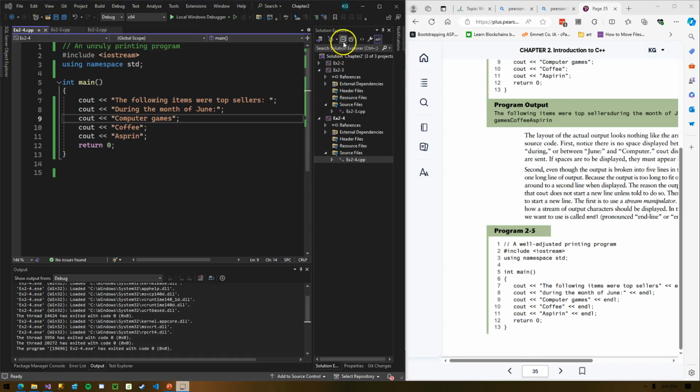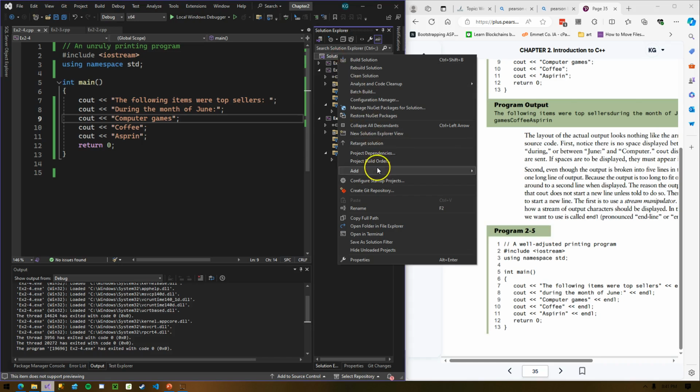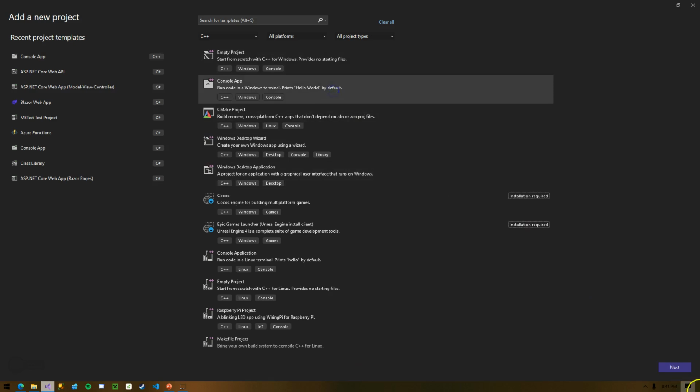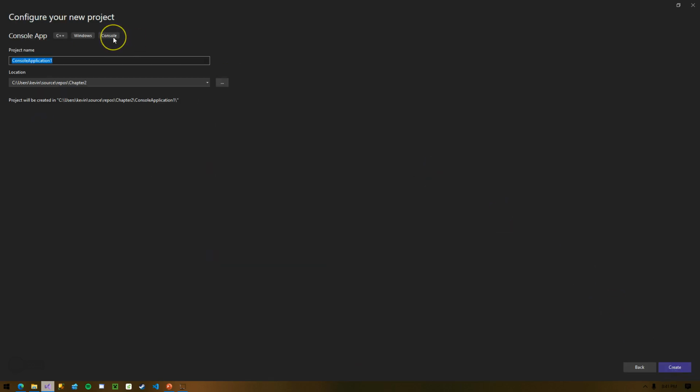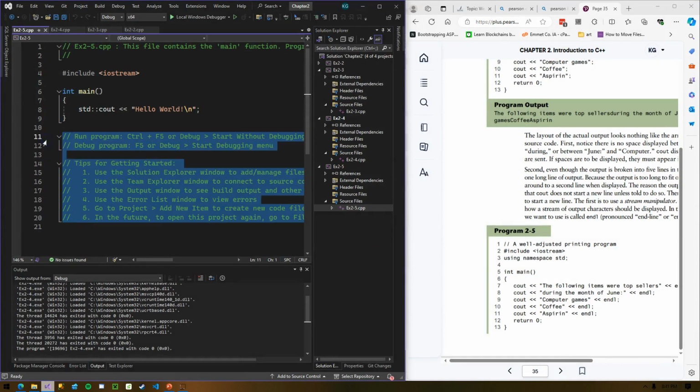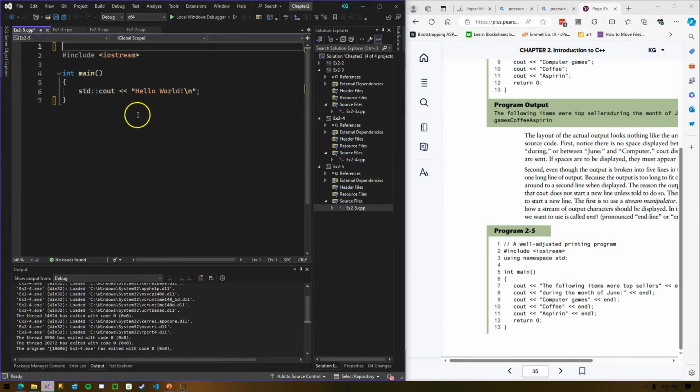Okay, let's see how we can clean up some of this text. So we'll add a new project to our solution. EX 2-5. And a well-adjusted printing program.